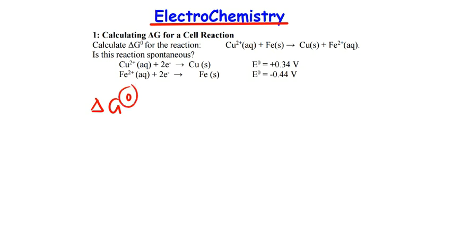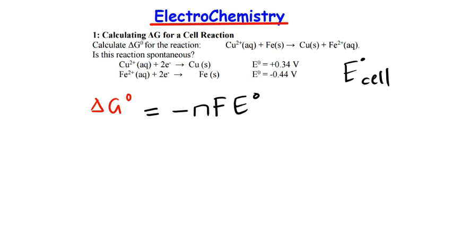That part there indicates standard Gibbs free energy. And then there's also what we call standard cell potential, which will be like that. One of the first things that you calculate under electrochemistry is what we call the standard cell potential, the E cell. So Gibbs free energy is dependent on the negative, Faraday's constant, and then the standard cell potential,